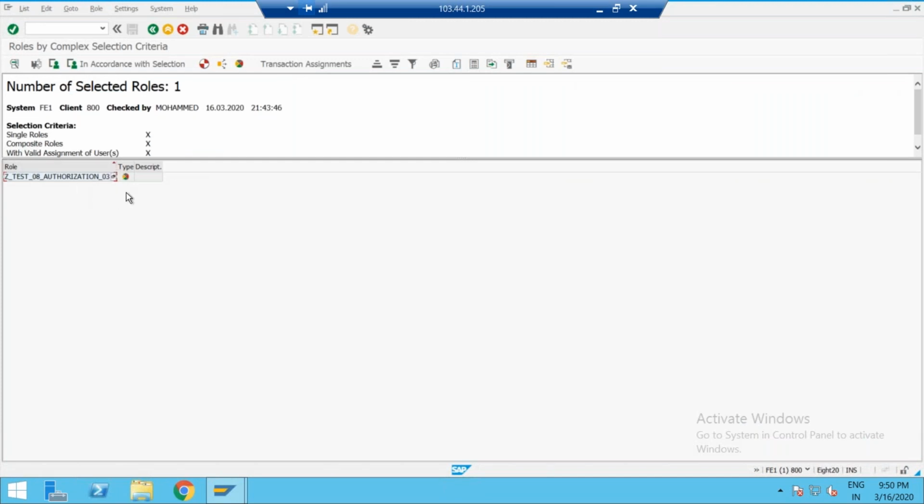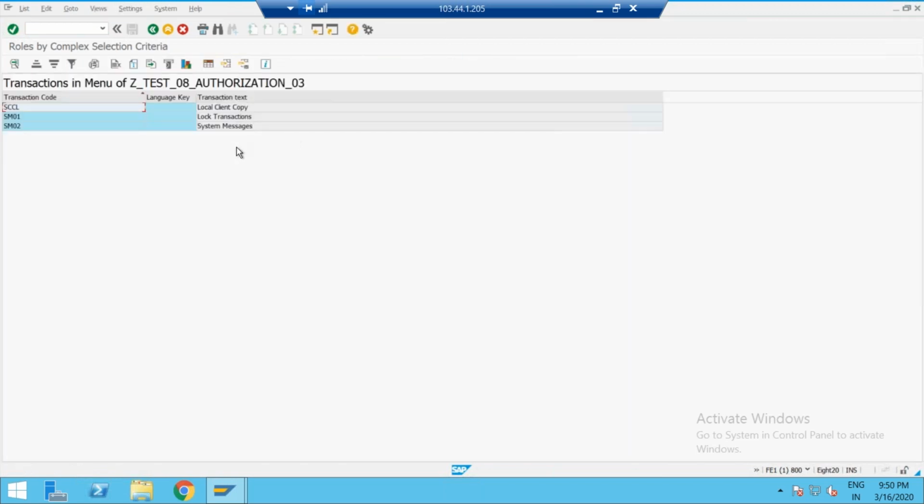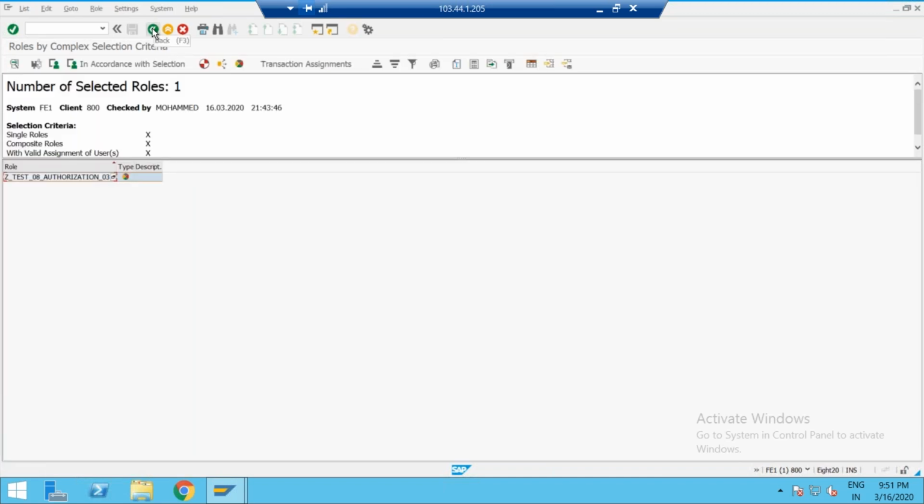Again, check here what details are above. What are the transaction codes there? Is it a composite role or single role? Is the profile generated or not? You can check all those details. The transaction is showing, so the transaction is assigned. So go back here.